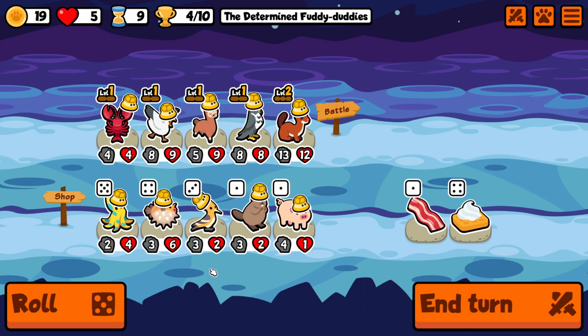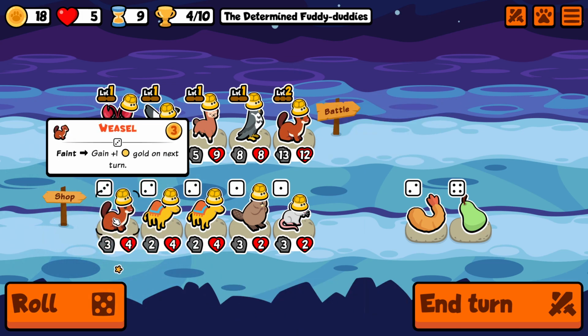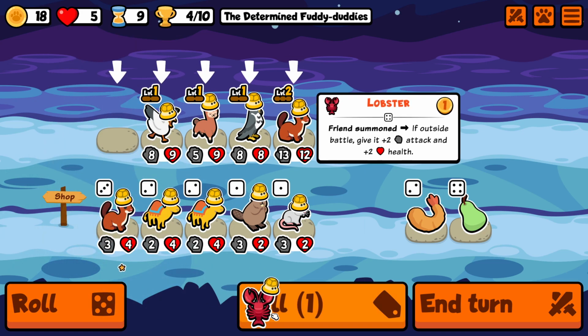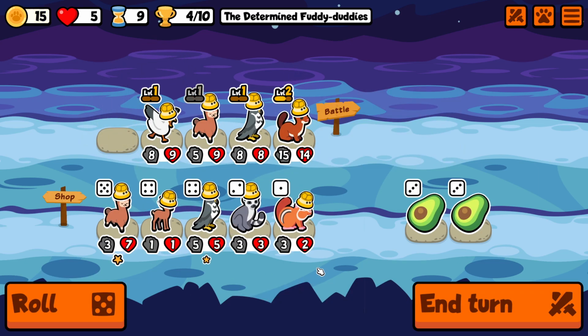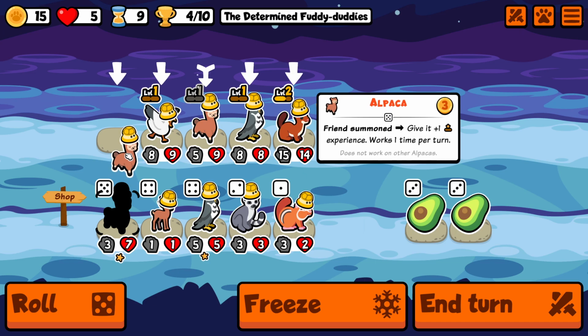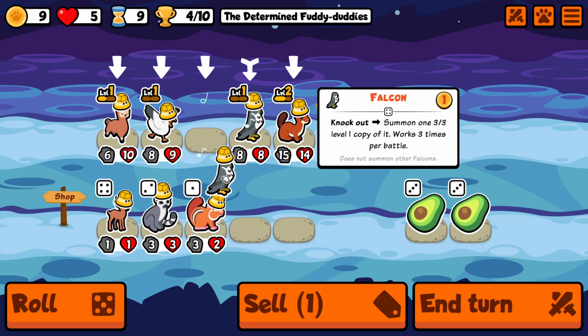And we're looking for falcons, we're looking for seagulls. We find the weasel though, which I did consider taking for a second, and I think I will take, but not for the reason that you might think. I was more so looking for a level up, because we are looking for a lot of good tier 6s,